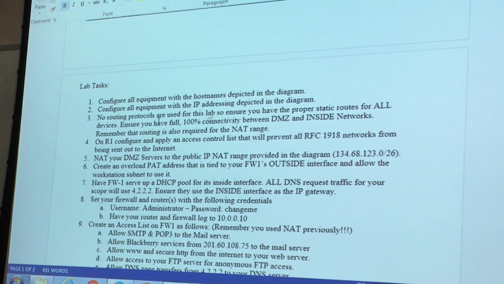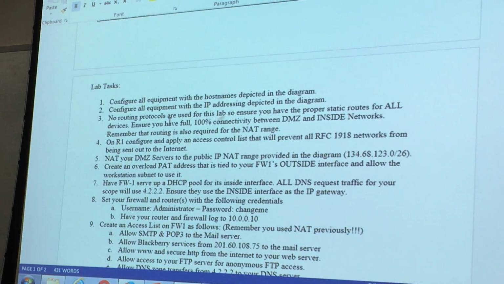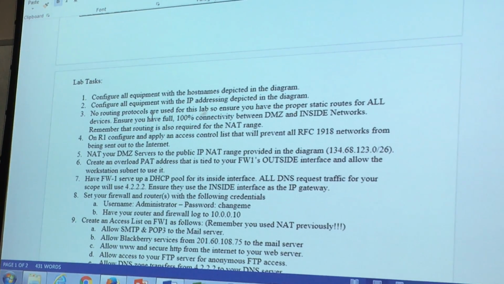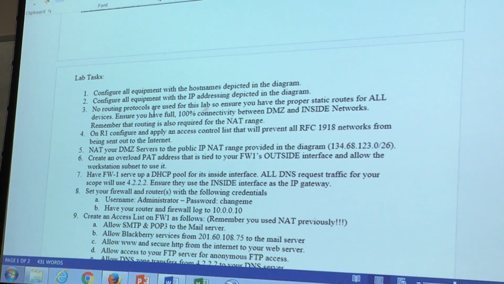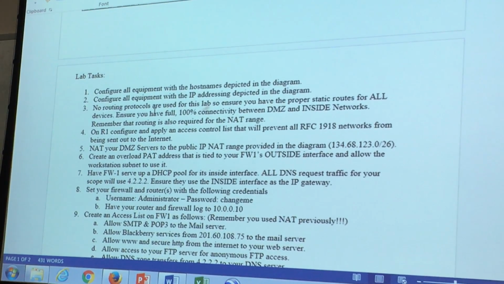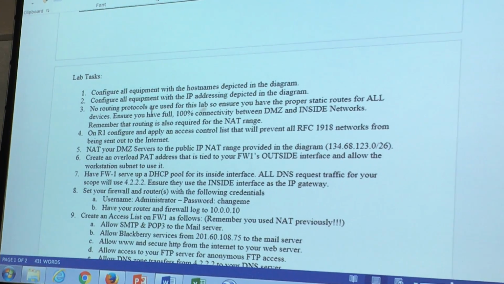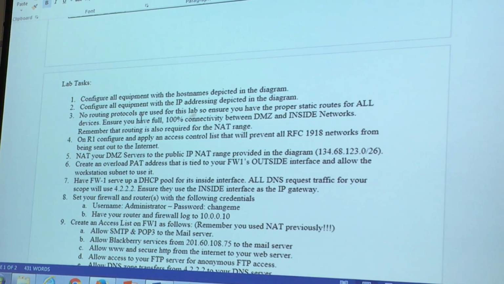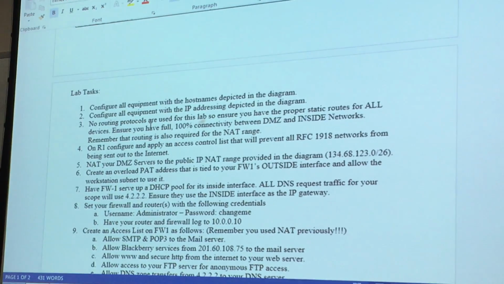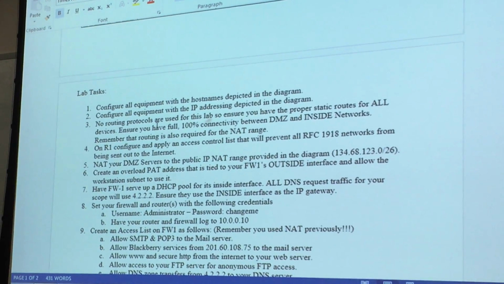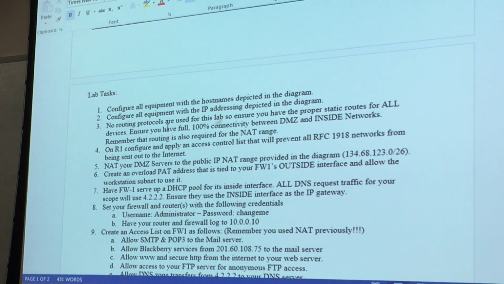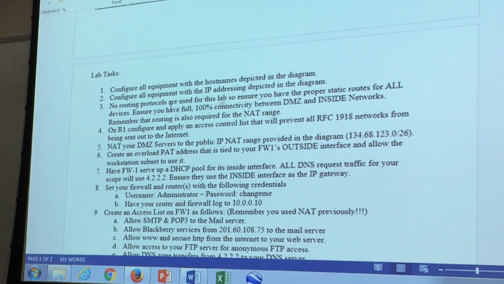Now, since we're not using any type of routing protocol, we've got to use static routes, right? So, you can do this from the inside to the outside or the outside to the inside. It doesn't matter. Pick one and go in that direction. It's the easiest way to do it. So, I did inside to outside last night. I'll do the same thing. So, on the firewall,